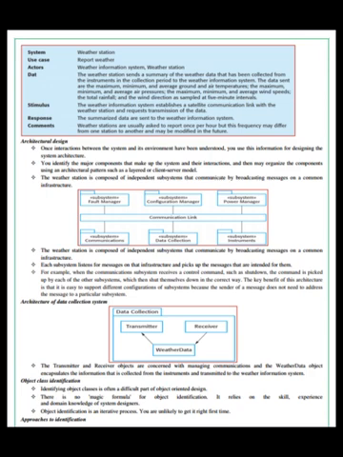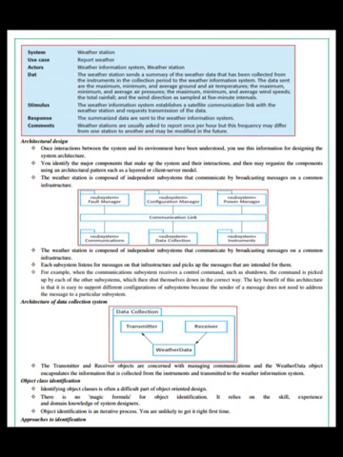The key benefit of this architecture is that it is easy to support different configurations of the subsystems because the sender of the message does not need to address the message to a particular system. Now let us see the architecture of the data collection system. See the figure. The transmitter and the receiver objects are concerned with managing communications, and the weather data object encapsulates the information that is collected from the instrument and transmitted to the weather information system.